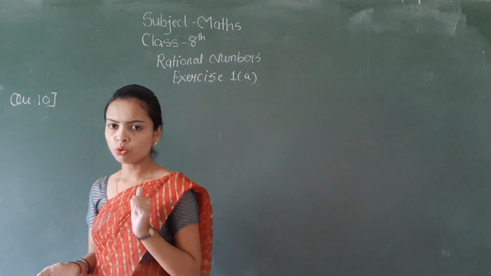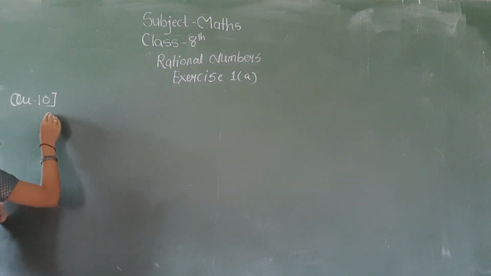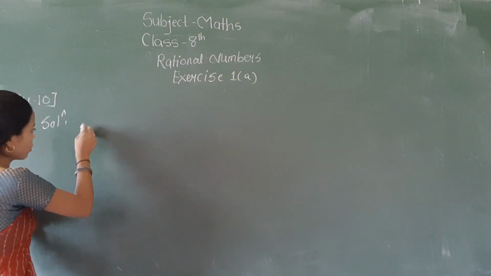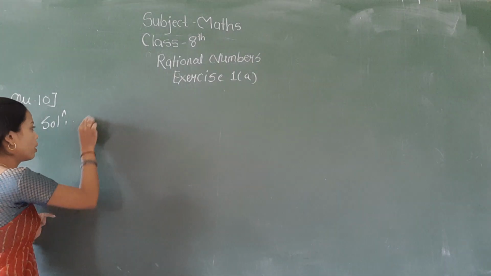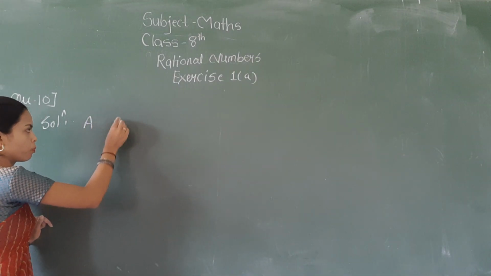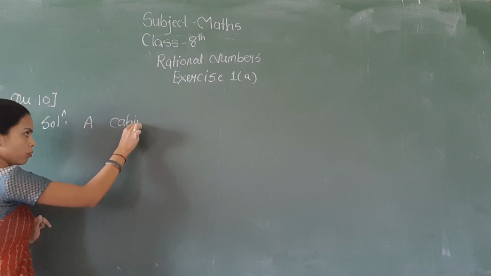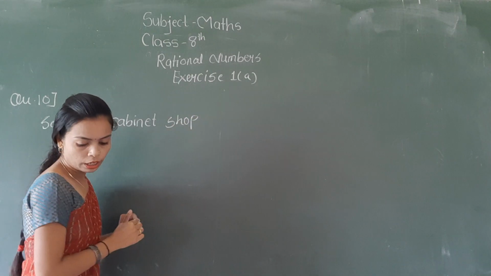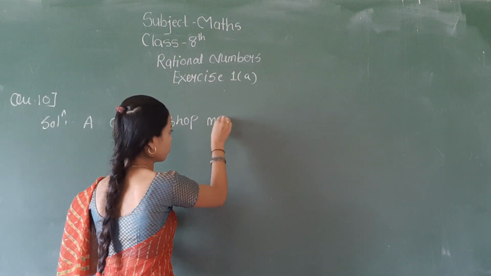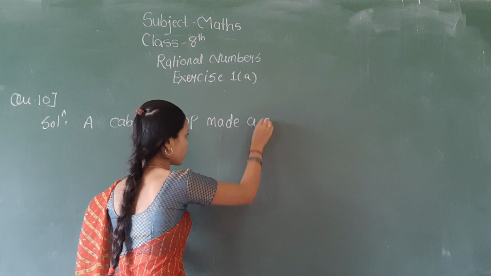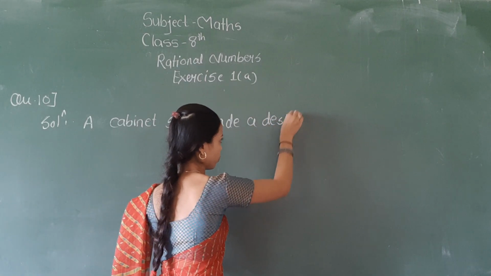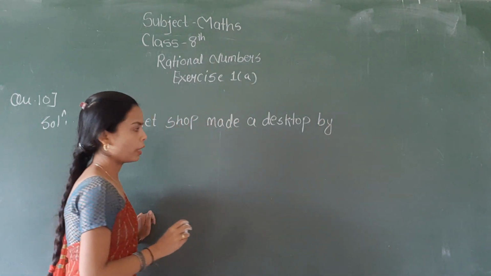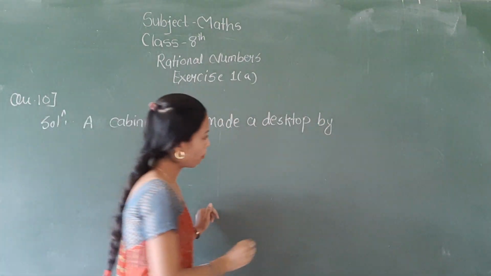So how to write the solution? To write down the solution, the solution is a cabinet. First write down the question. Okay, a cabinet shop made a desktop by gluing